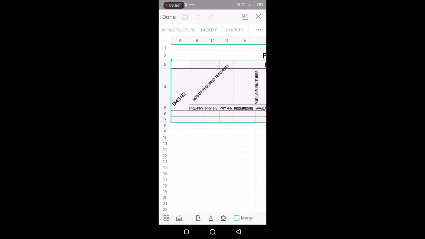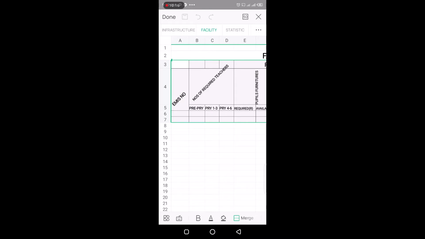Numbers of required teachers, you put it there, which is in your school. Required is quite different from short for. Required is the total number of teachers that you should have in post in a normal situation. Okay, you are in a school where you are having shortage of teachers, but if things go the way it